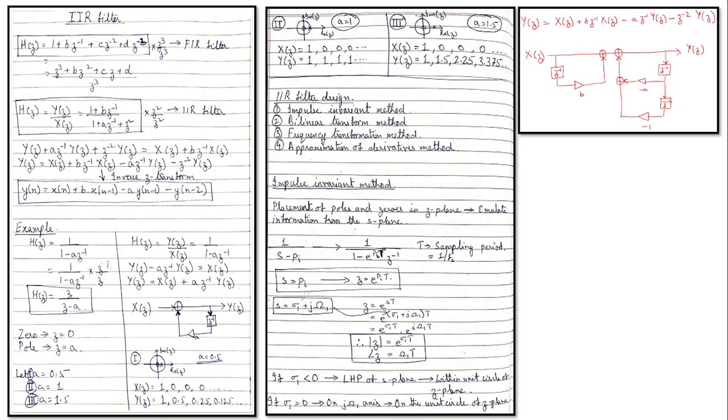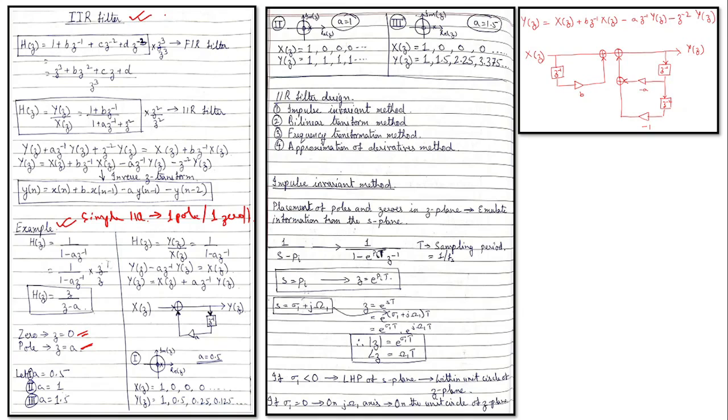Good morning, everyone. In our last class, we were discussing the basics of the IIR filter, and after discussing the basics, we have taken an example, a simple IIR filter that has only one pole and one zero. So we have a pole at z equals a and a zero at z equals 0. Okay. So we have looked into this example.